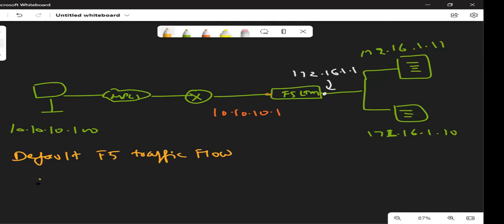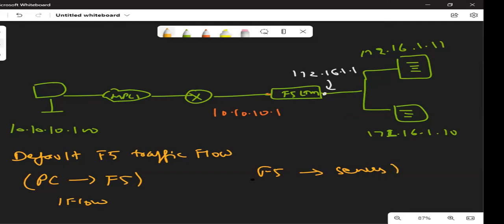The flow is from the PC to the F5. This is one flow. The second flow would be from the F5 to the backend servers.